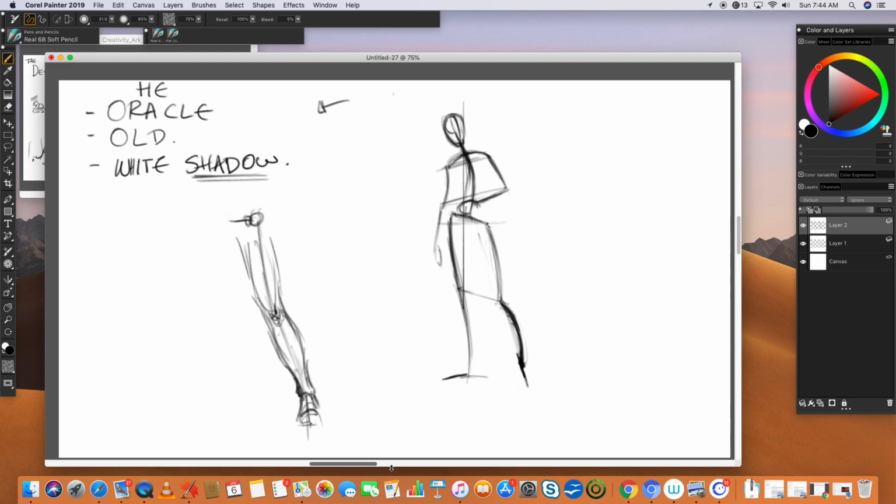So I'm finding already, just taking a look at this, that this character has a very healthy, youthful quality to him. And this is not good nor bad. This is me deciding, okay, is that what I want from this character? Do I want to portray that? Do I want to maybe just make the shoulders a little more narrow,